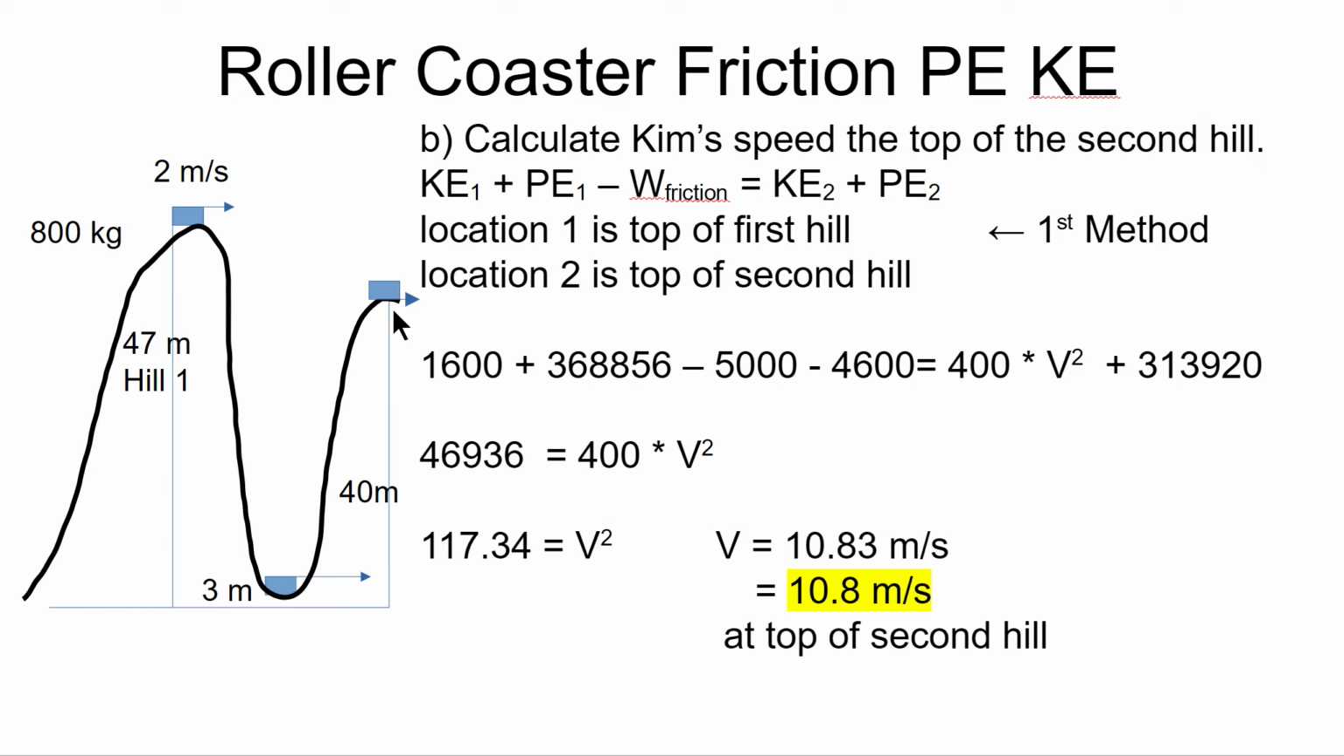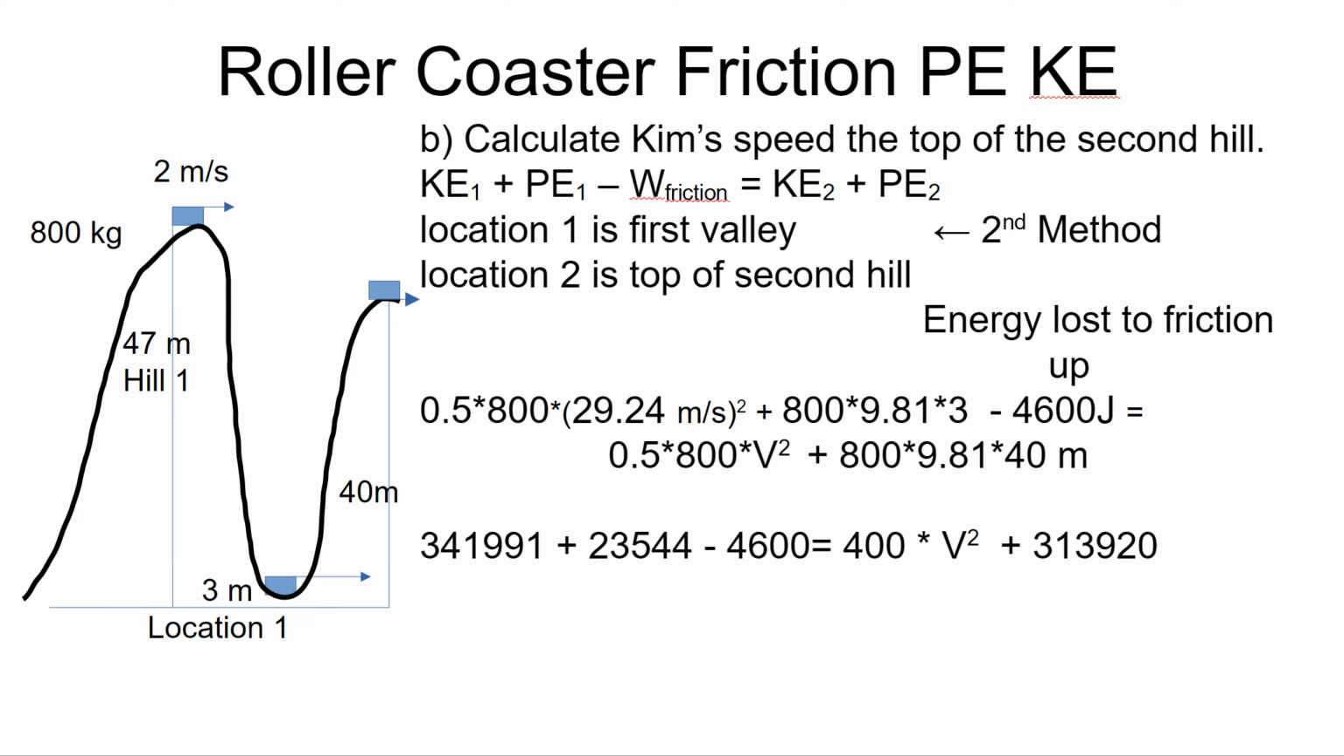When I get to the top of hill number 2, some of the energy supply has gone back into potential energy, and we've lost some to friction, so we have less available for the kinetic energy, and a slower speed is plausible. What is the second method that we could use? This first method, location 1, was at the top of the first hill. Location 2 is top of the second hill. The second method, I'm going to make location 1 the valley at the bottom of hill number 1. I'm going to take that as location 1, and location 2 still where we want to know the speed, top